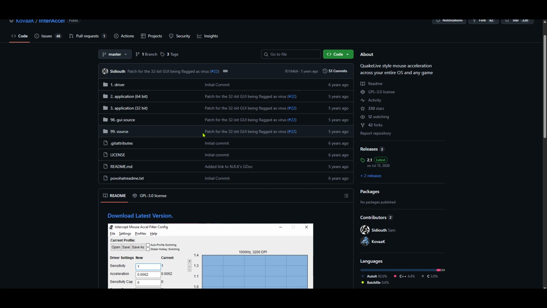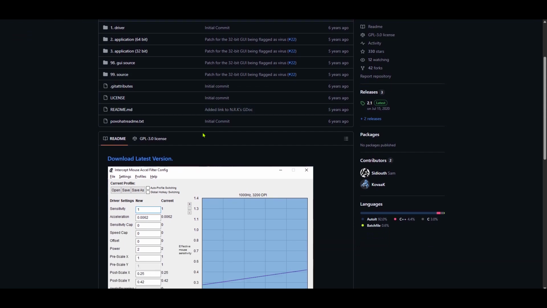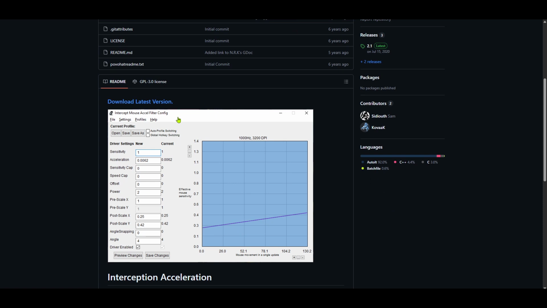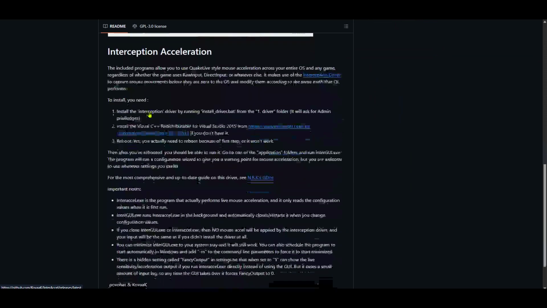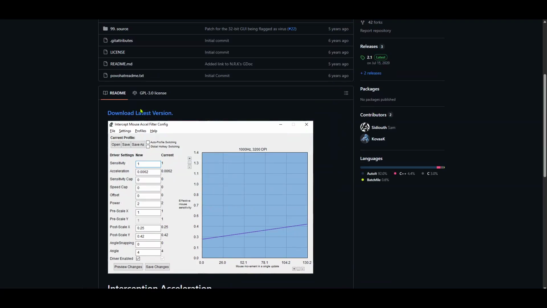After clicking on the latest release, you'll be directed to a page that provides more specifics about the update. Here, you'll also see a section titled Assets. This is where you'll find downloadable files associated with the release. One of these files will be your target, the installer for the latest version of Raw Accel.